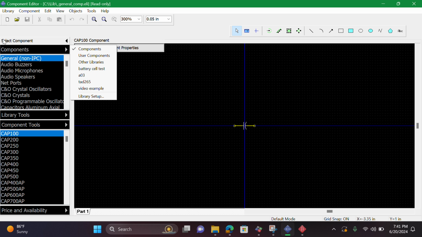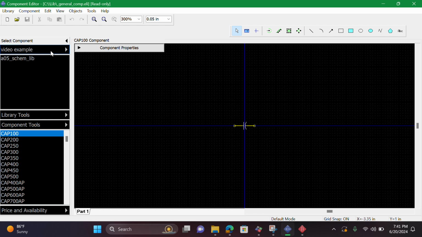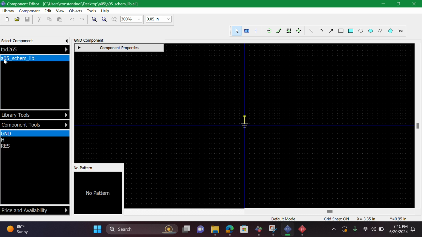And we're going to go back here into components. Down here is the video example group that we just made. Click on it. And you can name it TAD 265. That's what I named it. Inside of that TAD 265, I made another one called A05. So you're going to have multiple more. So you can do that group and then name multiple libraries according to your assignments. So this is the video example. And now we have this schematic library, which is going to give you all the components that you need to make